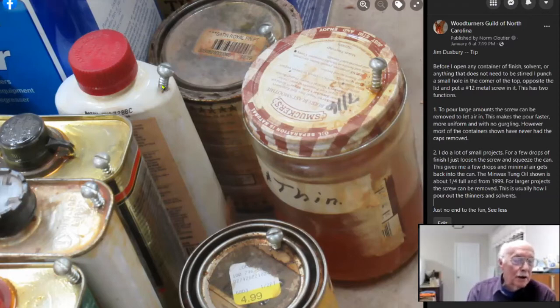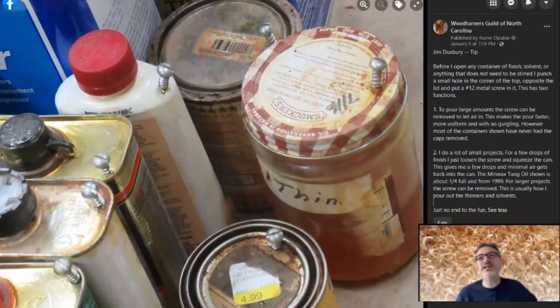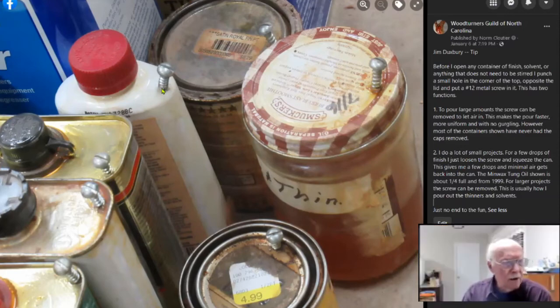It just works great. So even stains that don't have to be mixed, or if you have to mix them, I shake them up good and take the screw out and pour a little bit of stain on a rag and use it. But you're going to get a leak if you knock those over, right? A slow leak. No, not really. Well, yeah, maybe a slow leak, but